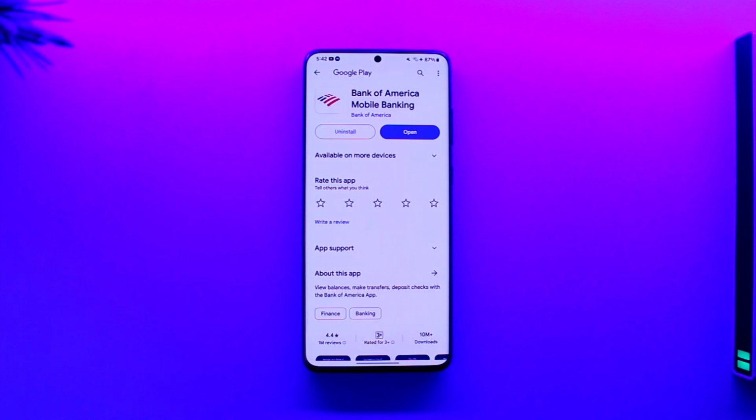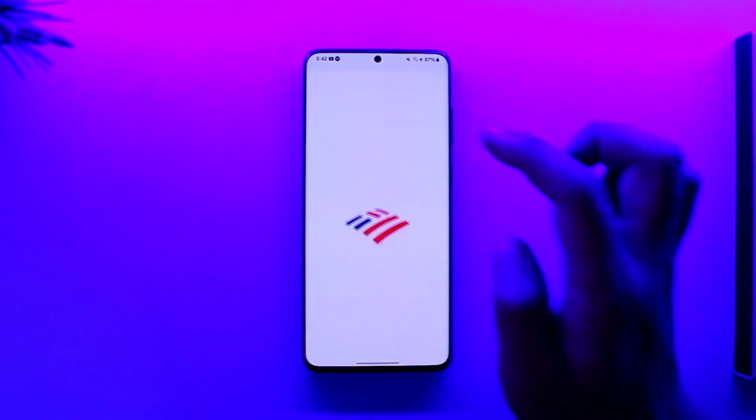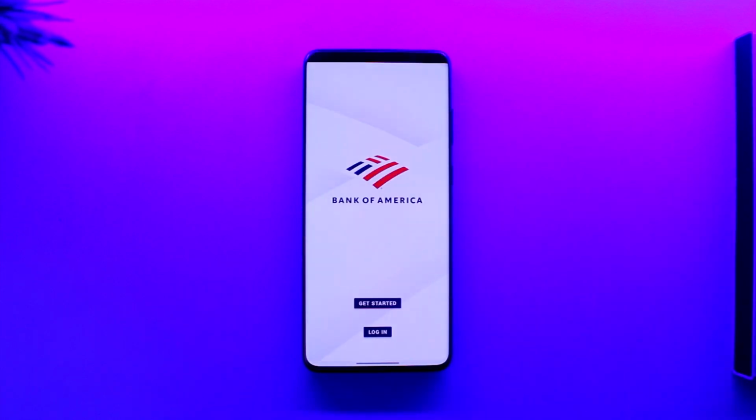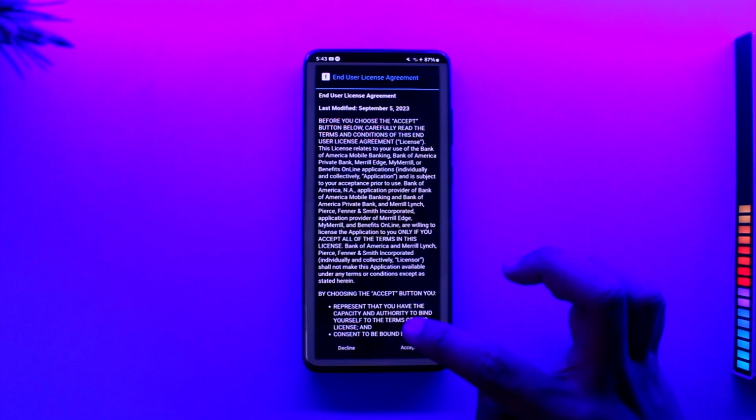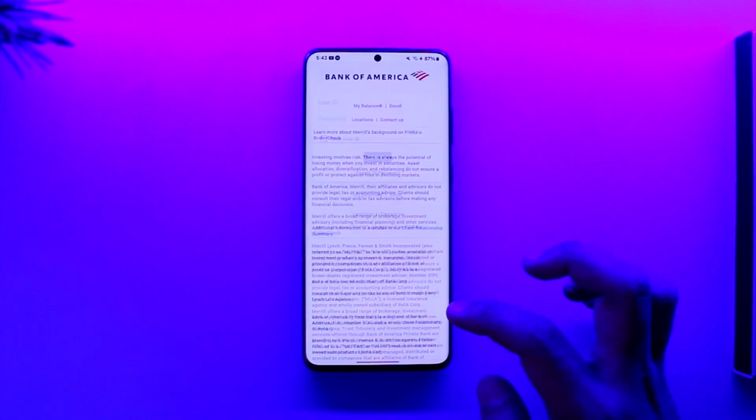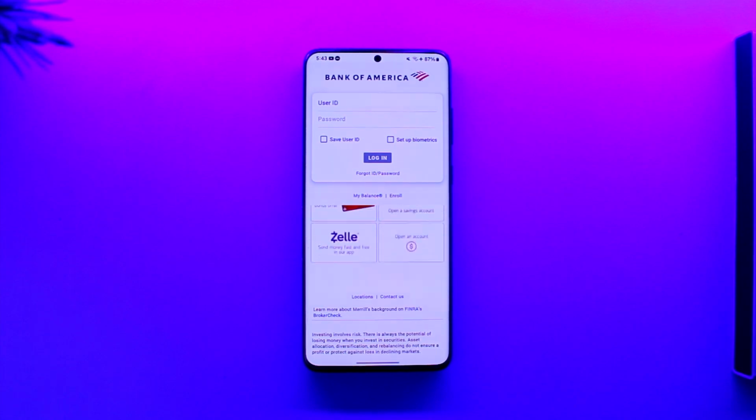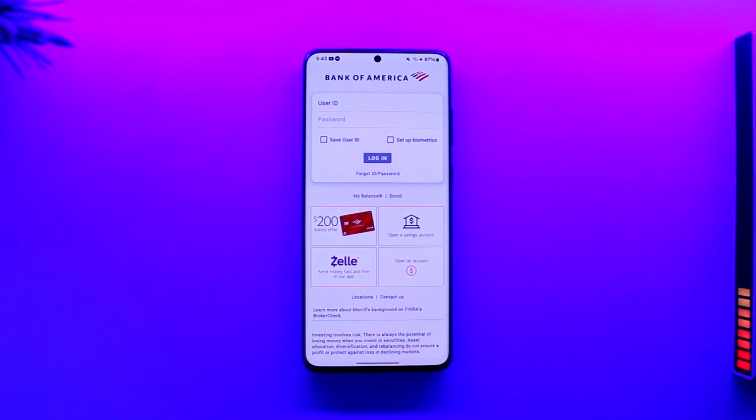In order to find your account number on Bank of America, all you have to do is first of all make sure to launch the Bank of America application. Then you need to log in to your account. Once you log into your online banking or mobile banking by entering your user ID and password, select your account from the Accounts Overview page. Then go to the Information and Services tab, click the Show link in the Account Details section, and there you'll find your